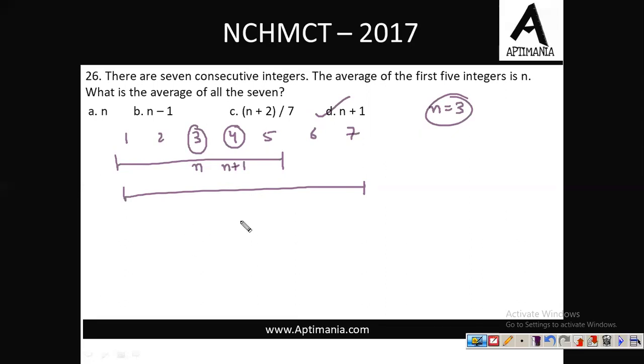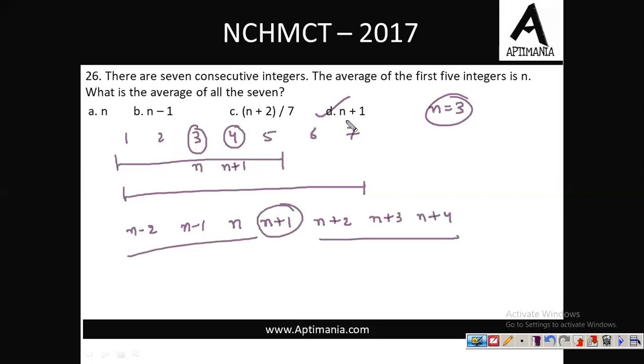I am assuming that the average of 5 numbers is n. So the first number is n, this is n plus 1, one number is n minus 1. Now see, I incremented one number by 1 and decremented another by 1, so you will see the average remains n. I am assuming one more number n plus 2, and one more number n minus 2. Now you will see the average of these five will be n only. So these 5 consecutive numbers have average n. Now if we include the next two numbers, n plus 3 and n plus 4, the middle number now will be n plus 1. So the answer will be n plus 1. You can use any of the methods. The best one would be this one, assuming the values.